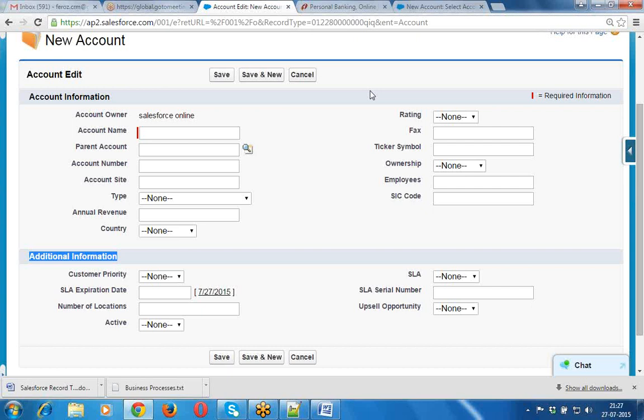See, whenever you are generating reports by displaying the data of this account object, the record type is also one field by which we can group. Nothing but what are the new account record types that we have, what are the existing account record types that we have. This is also one of the grouping fields by which we can group that information.